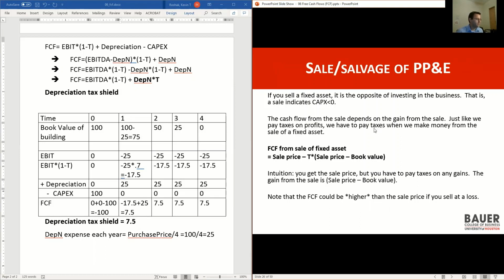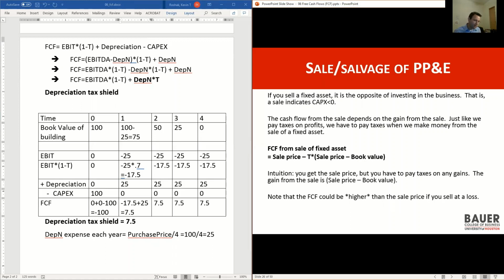The next thing I want to talk about is we're going to modify this example a little bit for sales. What if you sell a fixed asset? This happens oftentimes at the end of an investment. So let's say you want to buy a car, but let's say you're a rental car company. You buy a car, but you're only going to run it for 5 years. After say 5 years, no one wants to use an old car as a rental, right? It's not going to be reliable for you if you're Hertz, or Hertz is bankrupt, but if you're Avis or something or whatever,